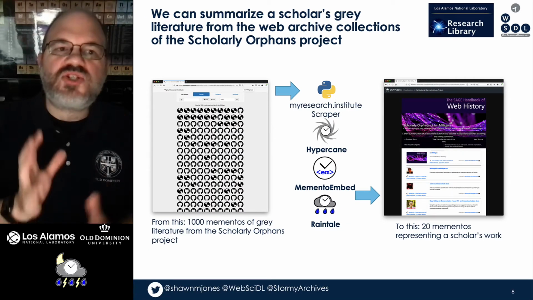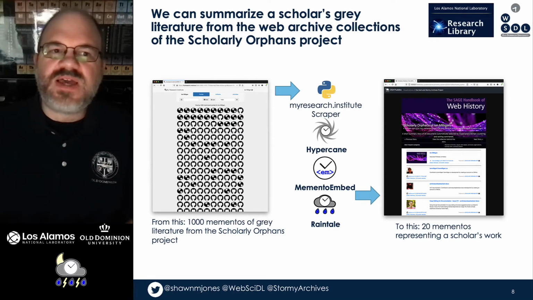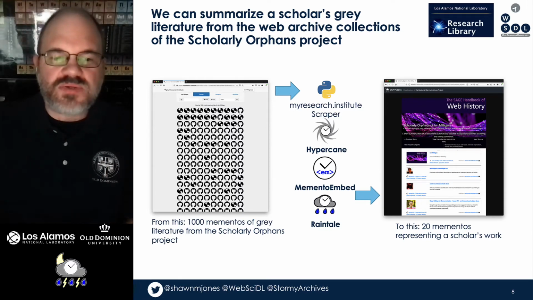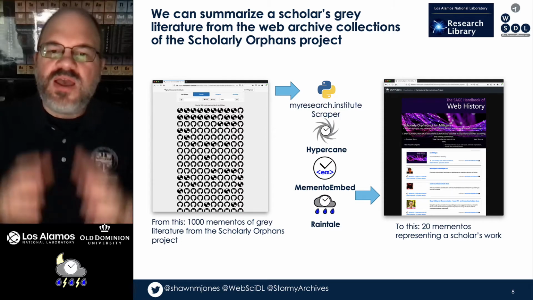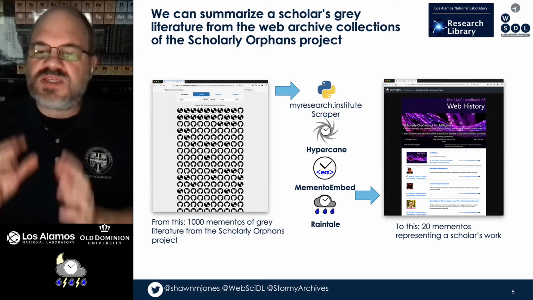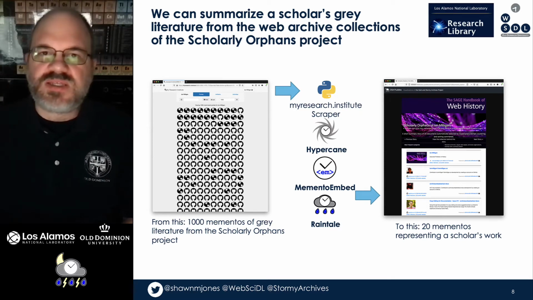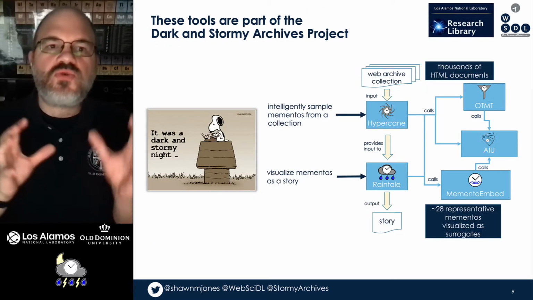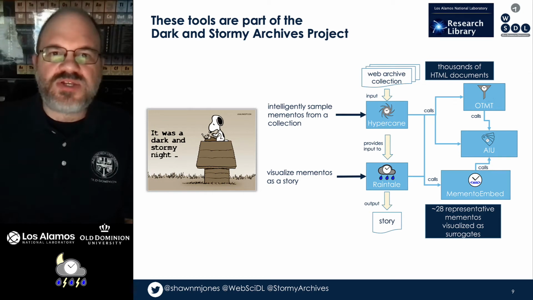We can summarize a scholar's gray literature from the web archive collections of the Scholarly Orphans Project. From this, 1,000 mementos for a particular scholar, feed it through Hypercane, Memento Embed, Raintale, and produce this, 20 mementos representing a scholar's work. Now, these tools are part of the Dark and Stormy Archives project, which gets its name